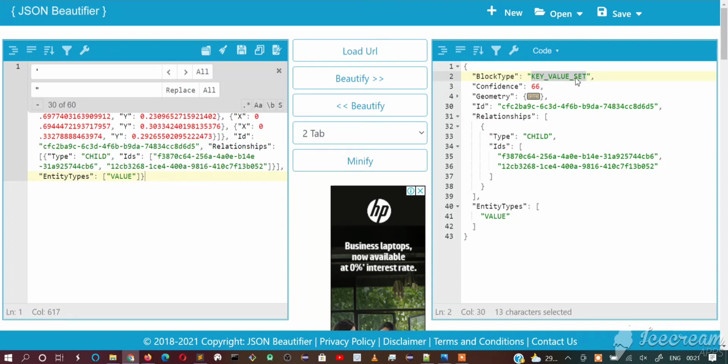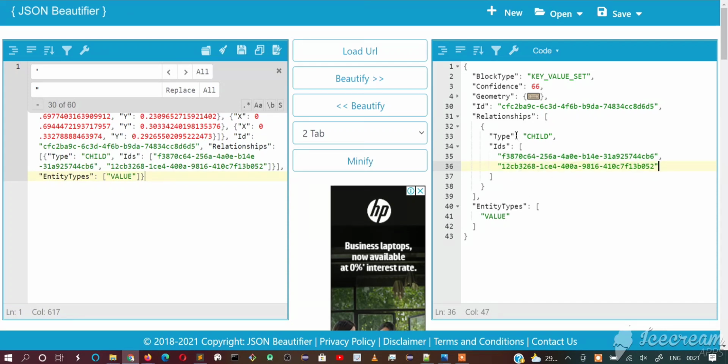This is the block type key value set, and this is the value, and with respect to this we have one more block type key value set, which is of type key. If it is a key, we can derive the actual value of the key, nothing but state colon, using these IDs, and there will also be a relationship to this key value block, and we need to come to this key value block and derive the actual value using these IDs.